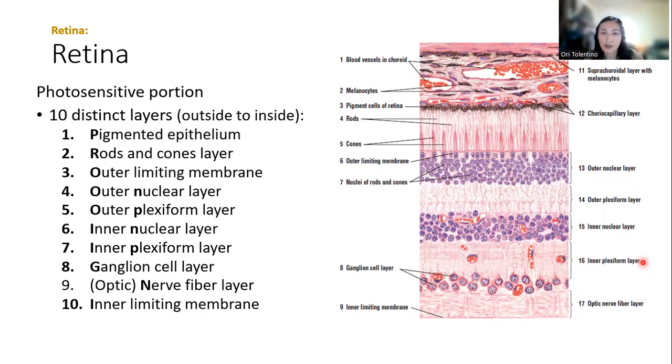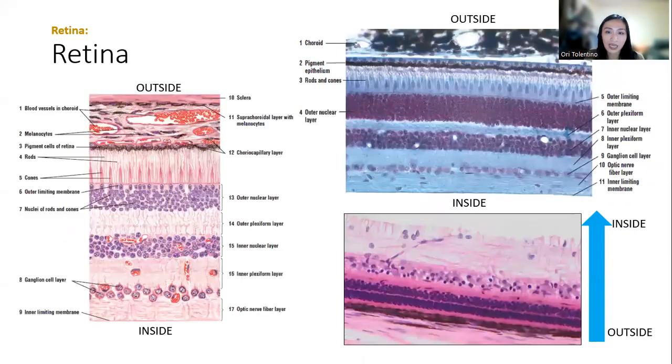So as you can already see, this is going to be the hardest part of the eye topic because it has many different parts and is composed of many different cells. But we will break them down individually later so we can understand what is in each part.